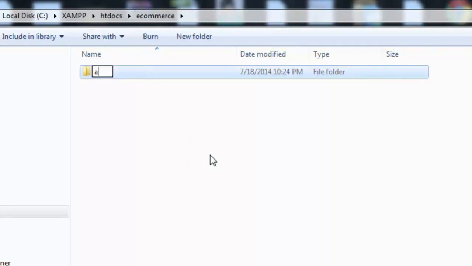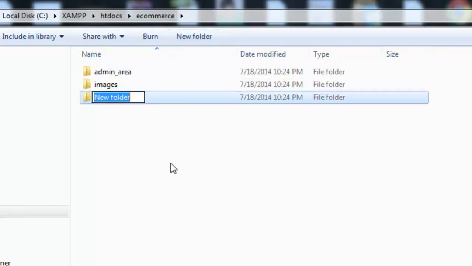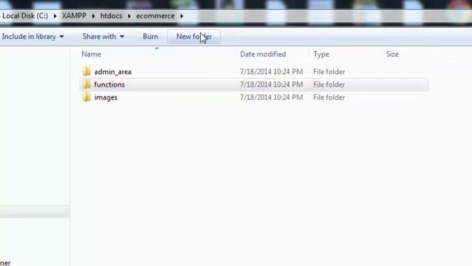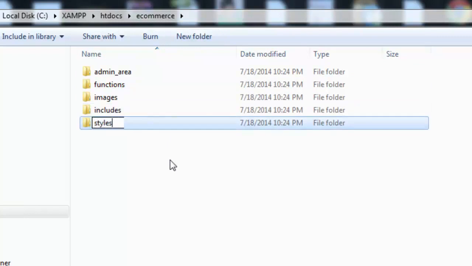One folder we will create for admin_area. This means all the files and folders related to admin area will be saved in this folder. Click new folder, and I will name it images. Again, one more folder, functions, one more folder, includes, one more folder, styles, and one more folder,